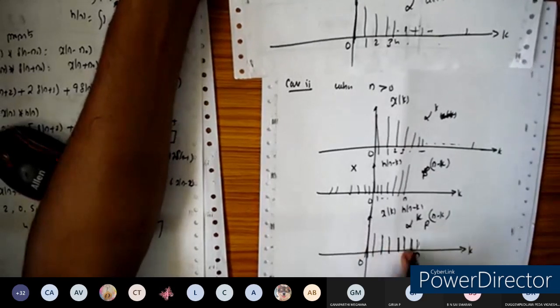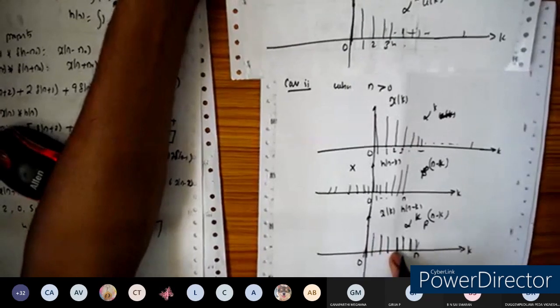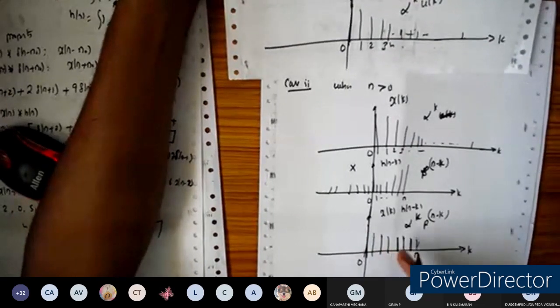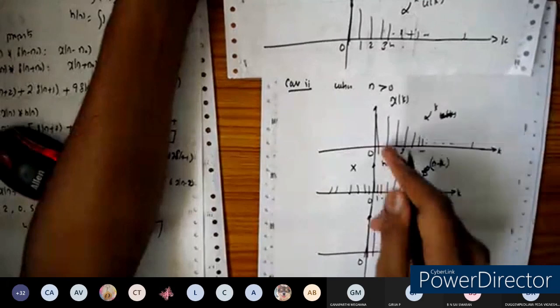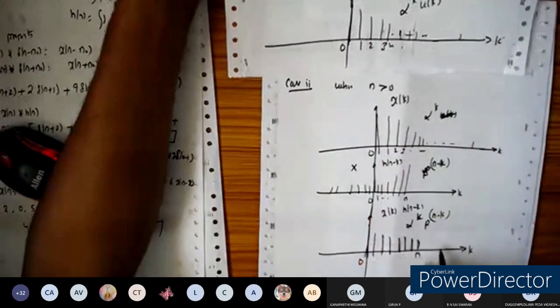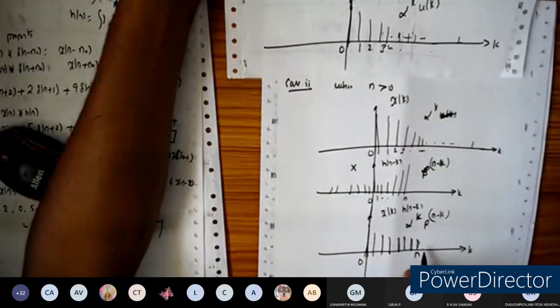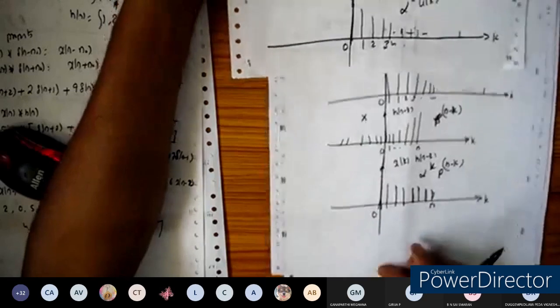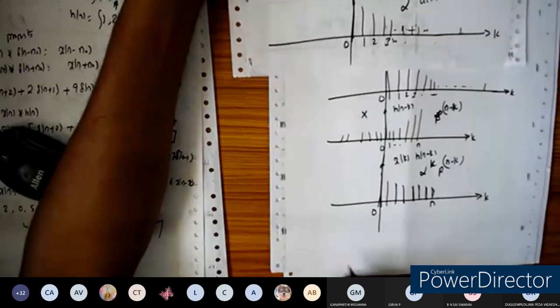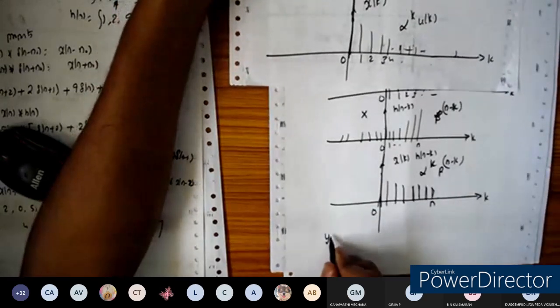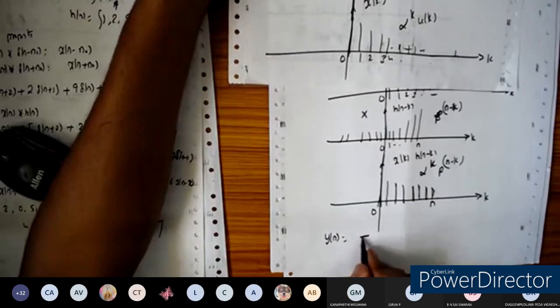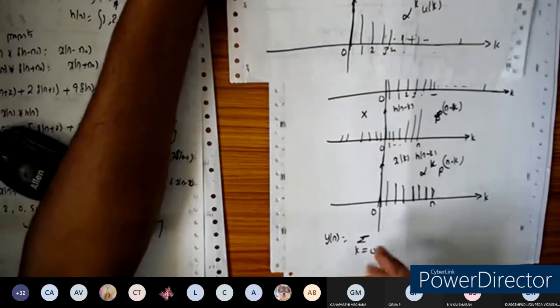There is no need of writing this product waveform; I have written it just for indication, because when you take the product, the waveforms will not appear like this, since depending on the magnitude the waveforms will have different magnitudes. Now I'm going to write the mathematical expression. From 0 to n, there is an overlapping of the sequences, that is y of n is equal to the summation. Since we have the summation in terms of k, k can take the values.